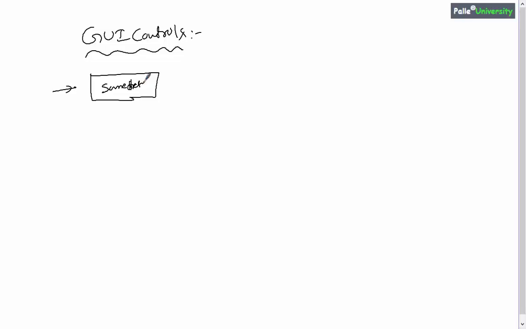Now let us try to understand how to create a text box by using HTML. It is simple. You should write input type is equals to text, and for each and every control it is highly recommended to give some ID. Usually a unique ID should be given, right?